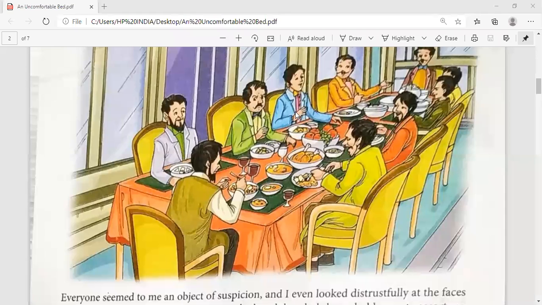Okay, beta. What did he do when he saw the window shutters opened? And what kind of curtains were there? There were enormous velvet curtains. He shut the curtains and put an armchair in front of it as he felt some anxiety over there, and after shutting the curtains he felt good and secured. Okay, well done. So it was the enormous velvet curtain. So he drew the curtains and he put an armchair in front of it so that not even a single ray of light can enter into the room.